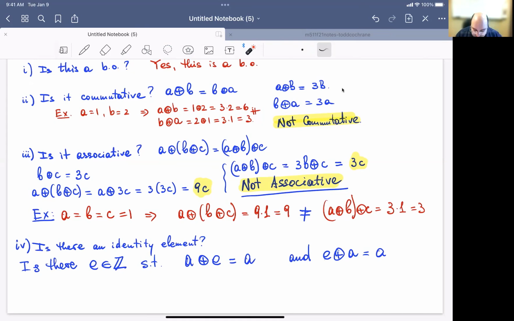Recall that a subset of the integers is called closed under a binary operation if for every two elements in that subset, the result of the operation is also in there. Okay, so if you take, for instance, the operation to be the regular addition or regular multiplication,